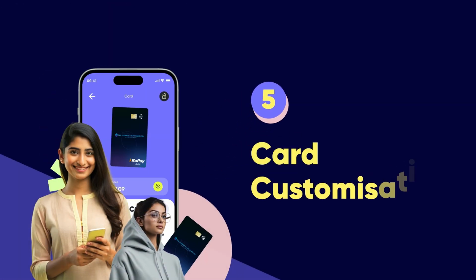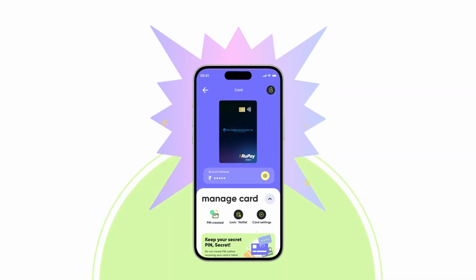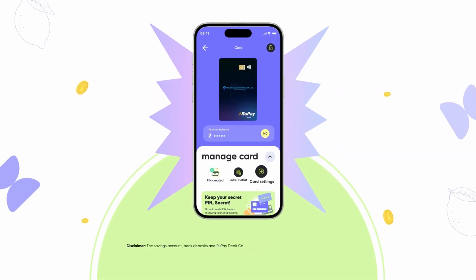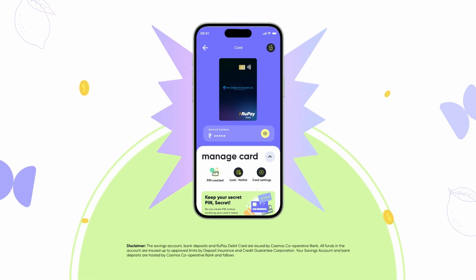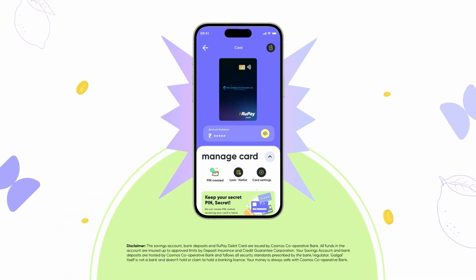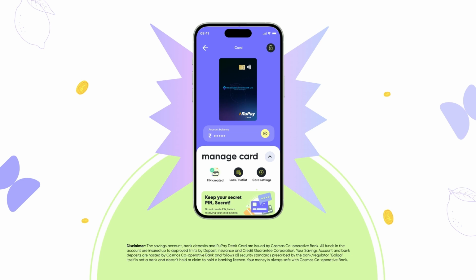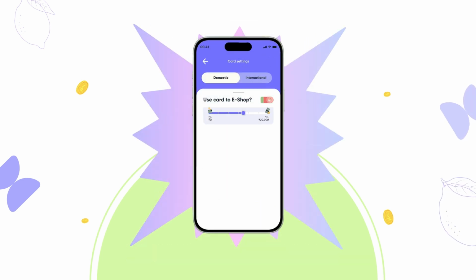Step 5. Card customization. You can customize your card settings on the Galgal app. Please note, if you haven't ordered your physical card, you'll only be able to change your spend limits. However, once you have received your physical debit card, you can customize the card features like Get Cash at ATM,